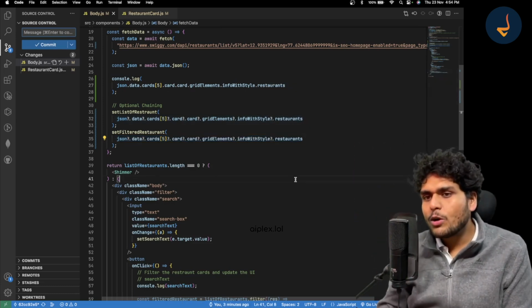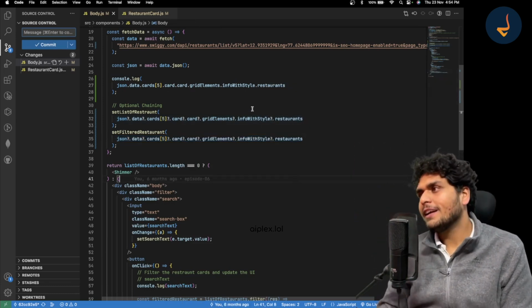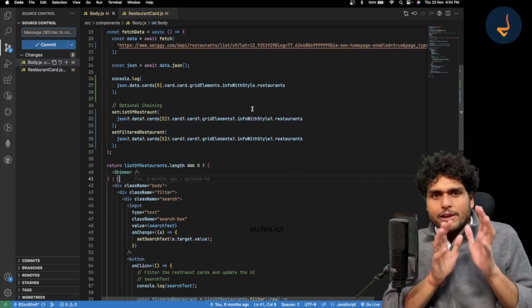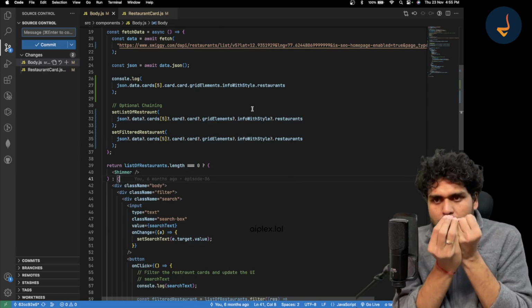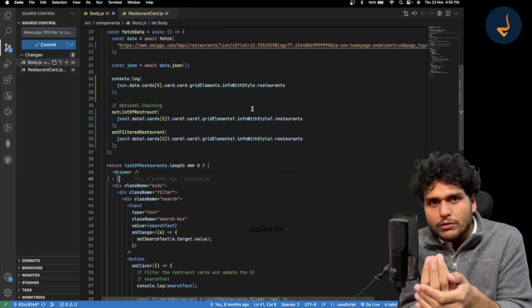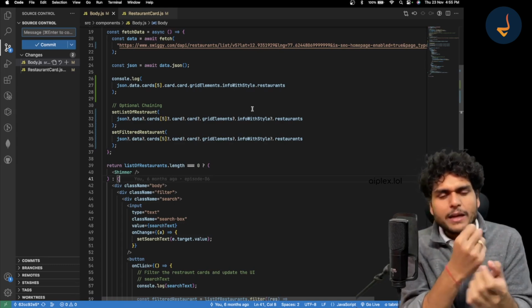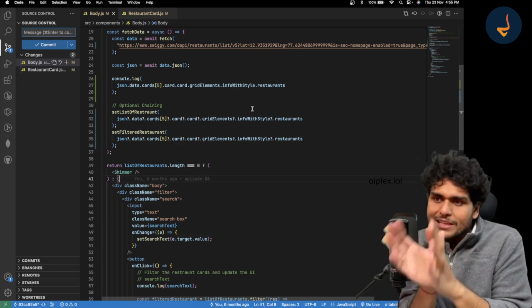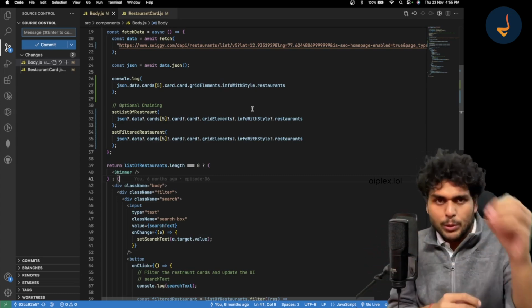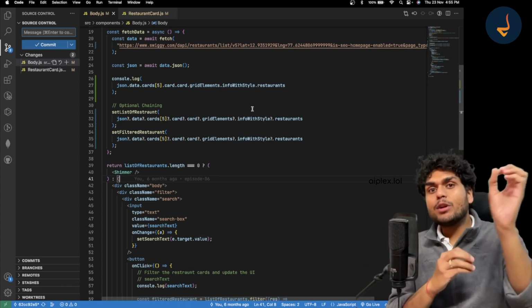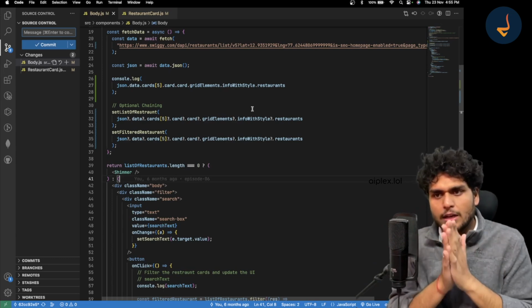So please don't worry about it, don't get afraid. And you know what I will do? I will make a commit of this code and I will give you the URL to that commit, so that you can also see this code as a reference. I will put it down in the description and in our Discord channel. Don't worry about it.